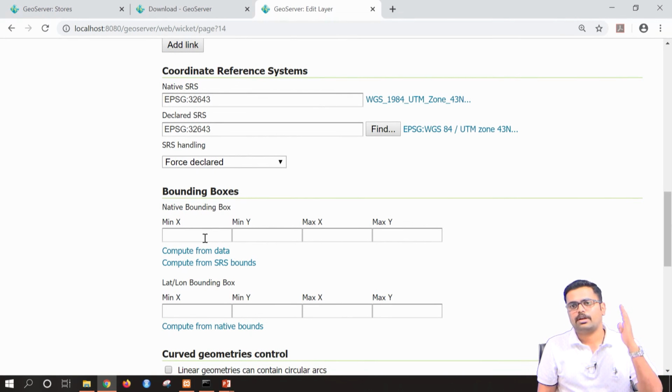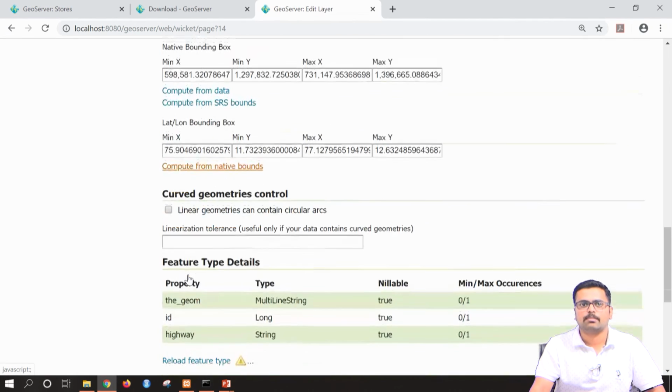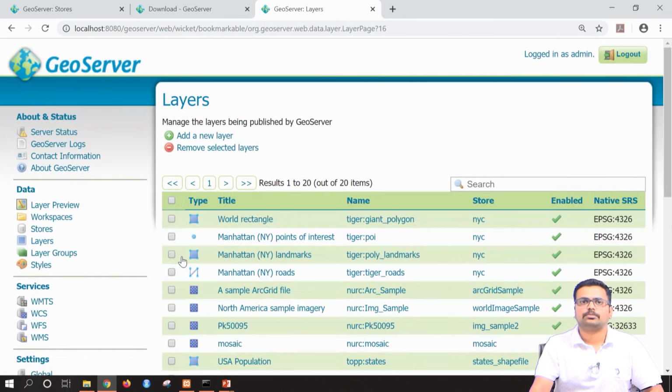Similarly, you are also specifying minimum longitude and maximum longitude. These are nothing but the boundary extents. You can just say compute from data, so that it will compute everything from the data available. Next, the lat long bounding box can also be from the native bounds, you can click on that. Once this is done, these are the basic information, then you can say save.